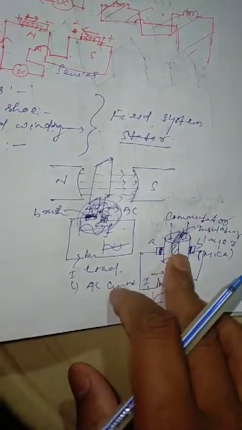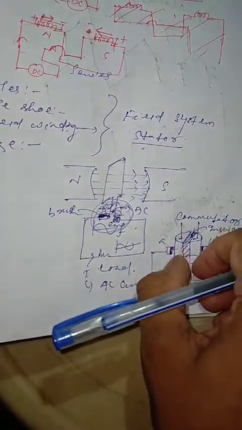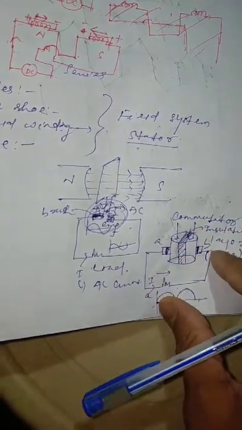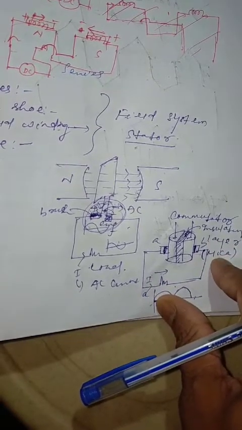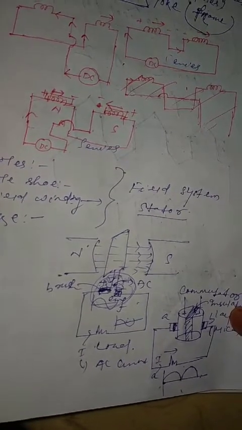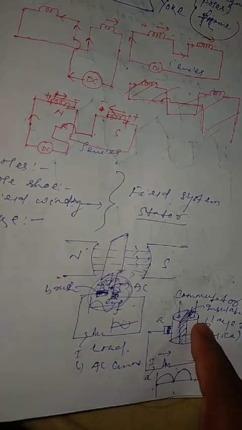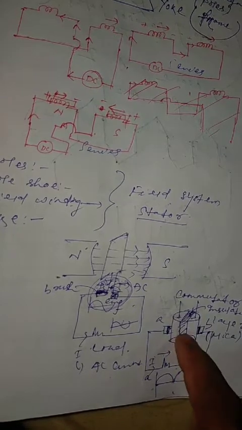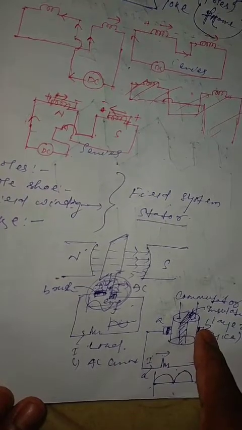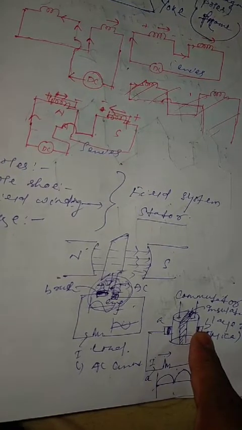What is the commutator? See, in a commutator generally we will be having two conducting half cylindrical parts, separated by a dielectric material. That dielectric material is generally made up of mica. Now we will understand the concept of commutation, how actually the commutator converts the AC into a unidirectional current. So what exactly happens here? See, these are two brushes. Generally brushes are made up of carbon or graphite, and the working of brushes is to collect the currents.